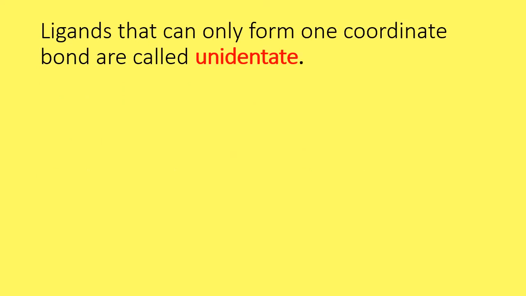First of all, let's have a look at unidentate ligands, and an example of a unidentate ligand might be ammonia. Okay, so ammonia we know is NH3. Let's draw ammonia out. So we might have a hydrogen on the plane of the slide. We might have a hydrogen coming out towards us, and you might have another hydrogen